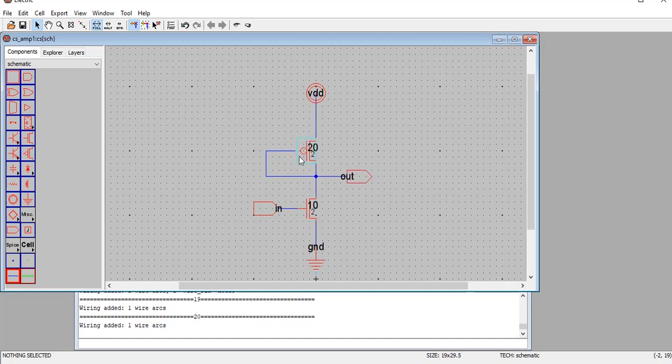This is your load, and that's the reason you take the output across the load, and this transistor, which is your NMOS, is the transistor acting as the amplifier. Because the source of the amplifier, your NMOS, and the source here is common to both input and output, we call it a common source amplifier circuit.